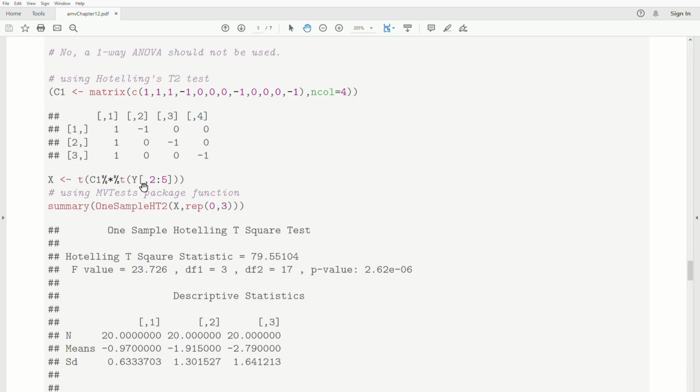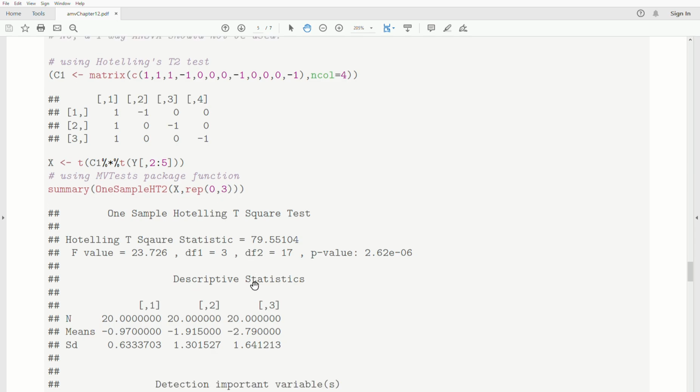So we take our data times this contrast matrix, and then we do a one sample Hotelling T-squared test on our new data x, and we're seeing if the mean vector is 0, and the p-value is